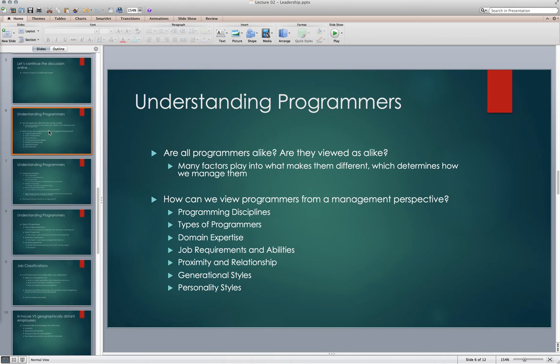A bigger picture question is, are all programmers viewed as alike? And I think oftentimes they really are. As I mentioned in the last lecture, I've worked in a variety of industries, as a freelancer and a contractor for the last 10 or 12 years, so I've been in a lot of different environments and seen a lot of different teams and organizations. Oftentimes programmers are seen as just the programmers. They're given those stereotypical attributes we talked about last semester: that they can be cynical, hard to work with, non-communicative, jerks. We'll talk a little more about that today as well.